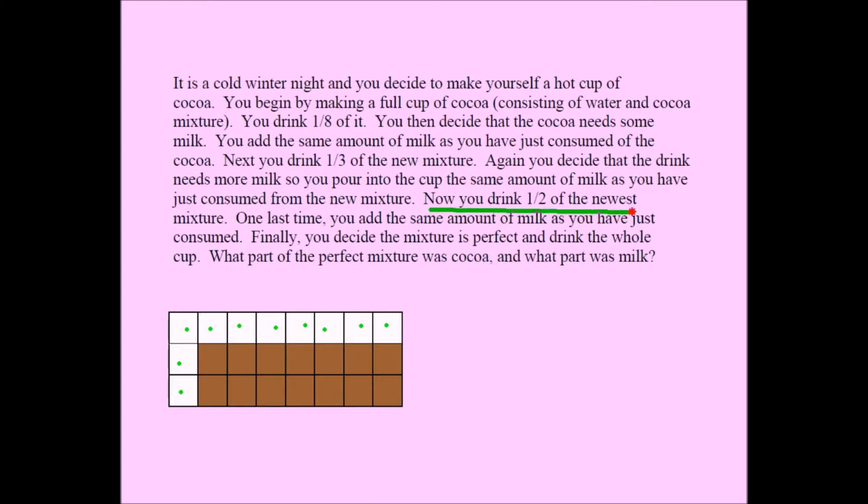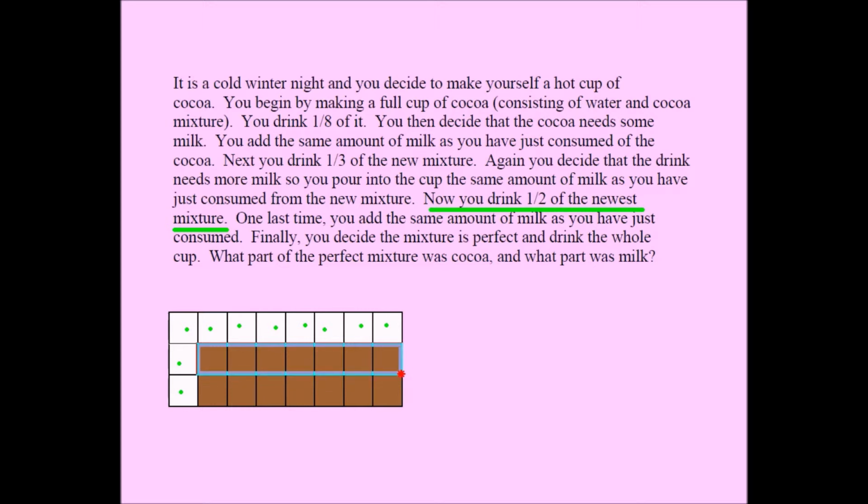Now you drink half of the newest mixture. Your newest mixture is described below, right here. You drink half of it. Again, you have to understand, milk and cocoa are mixed thoroughly, so you're going to drink half of the white parts and you're going to drink half of the brown parts. There are 14 brown chunks. You're going to be drinking all of this. Let me change the color to red. When you drink half of your cup now, you're going to be drinking all of this,